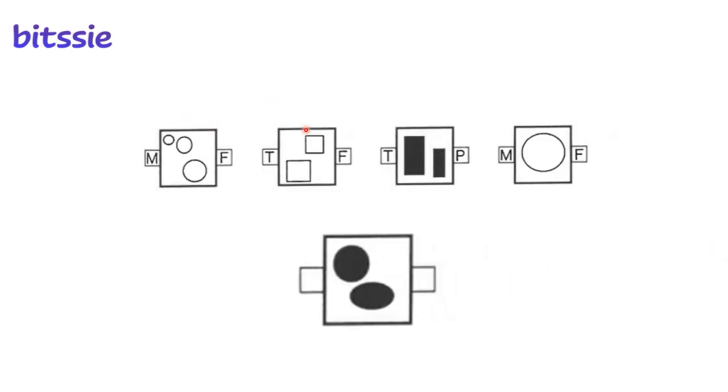Here we have 4 boxes, each with pictures inside them and a letter on either side. We have M and F, then T and F, then T and P, then M and F. We also have a 5th box with another picture inside it. What we need to do is find the combination of letters to put in these 2 outside boxes which suits